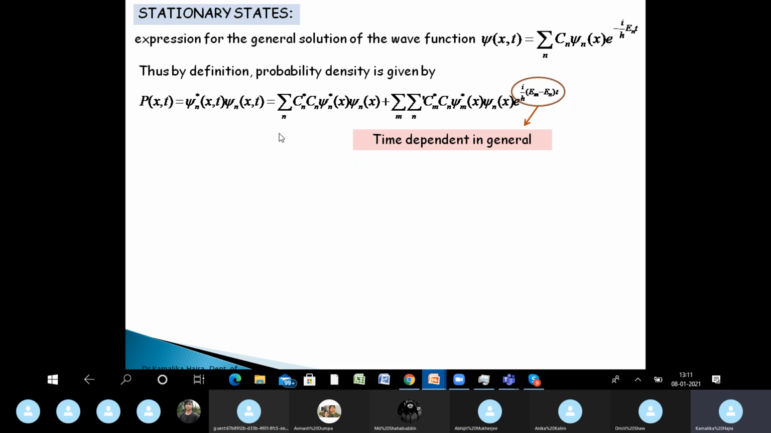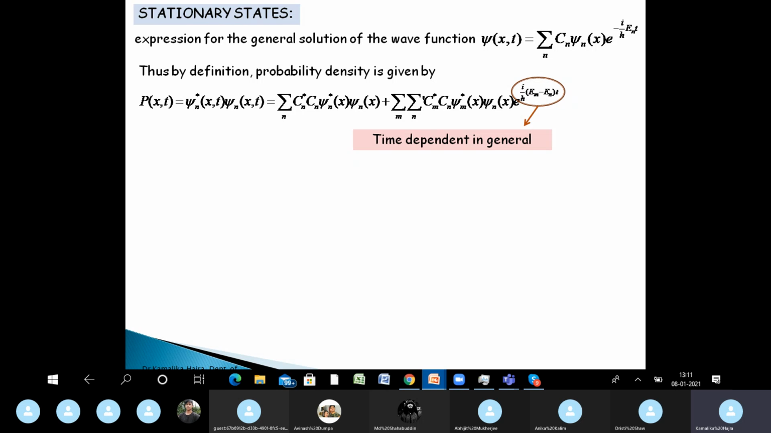There is no integration over here, so there is no way in which you can impose the condition of mutual orthogonality. If we could impose the condition of mutual orthogonality, then the second term would become 0. But here there is no integration. It is only summation. So you cannot do that. So in general, we see that the expression of probability density is time dependent. The time dependence comes out